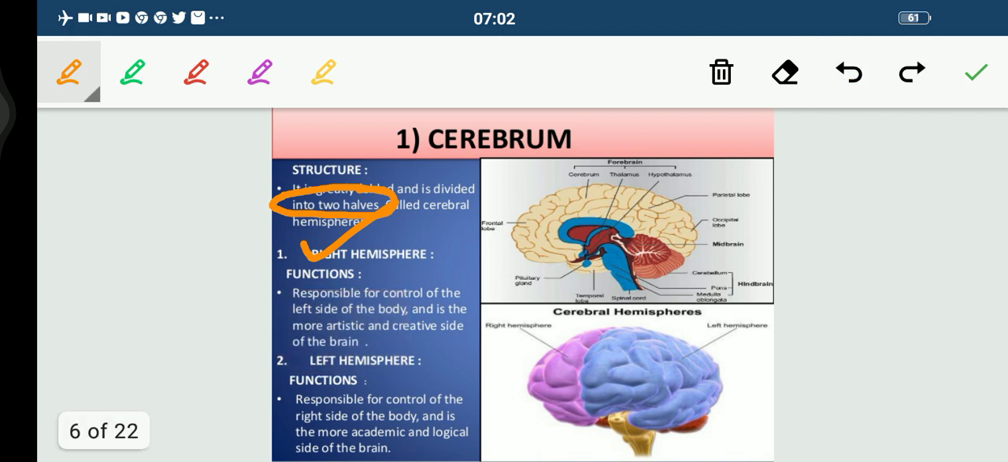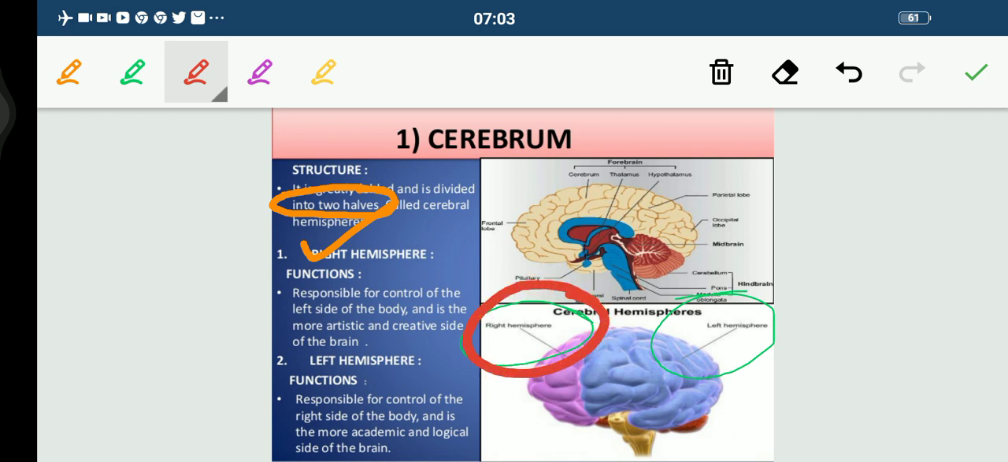Now students, you can see here clearly it is shown in the picture. You can see the pinkish color, it is the right hemisphere, and the purple kind of color, the blue one, is the left hemisphere. So talking about the right one, that is the pink color, it is responsible for the control of the left side of the body. And it is the more artistic and creative side of the brain. So you should know which part of the brain is more artistic and creative. So what is the answer? Right